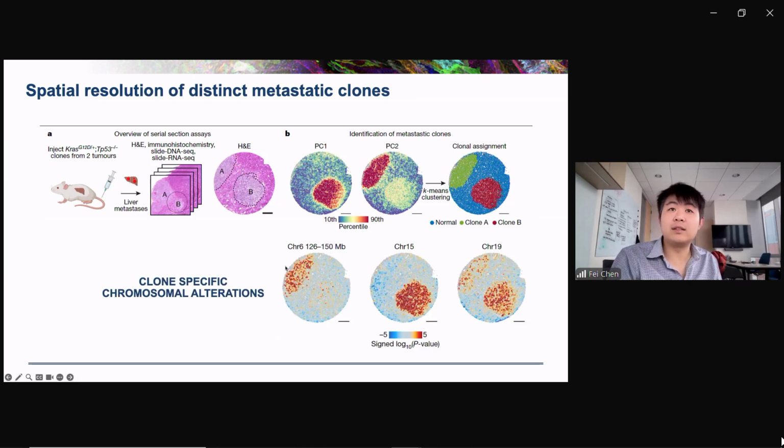If you look at the loadings, they're basically the chromosome alterations that are present in these clones. For example, PC2 is picking up strongly on this chromosome 6 amplification in the Q arm, and chromosome 15 amplification is strongly picked up by PC1. These two clones also share a chromosome 19 alteration. So simple principal component analysis on the capture across the genome can separate clonal variation, at least in terms of chromosomal number alterations.